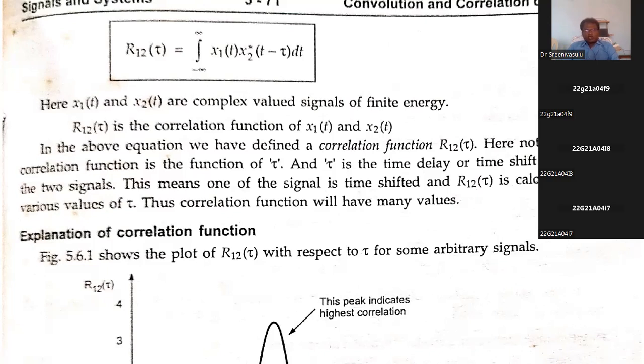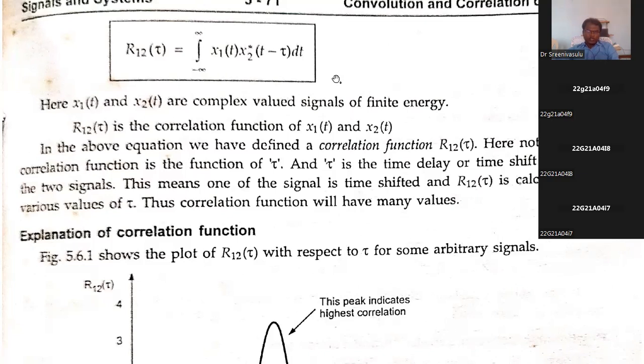The convolution is the common area between the two signals. Correlation is we are going to find similar information between the two signals. Here in the formula, there is a complex conjugate. That complex conjugate indicates we are considering here that the signals are complex signals. Suppose the signal is a real signal, the complex conjugate of a real signal anyway is a real term. So that's why this formula we are framing for both real valued signals as well as complex valued signals. That is the importance of this formula.